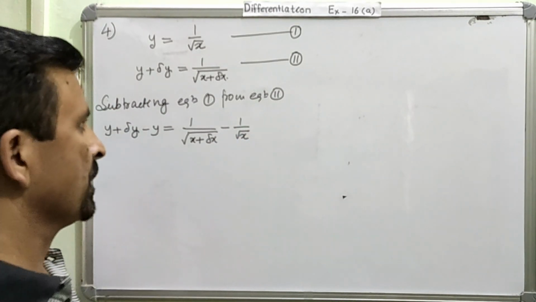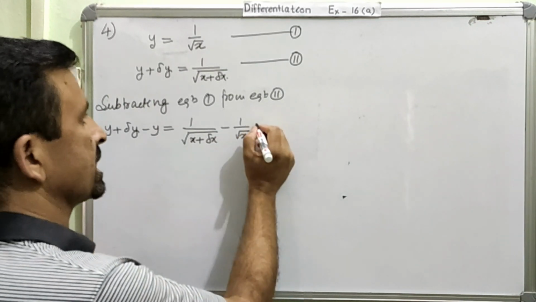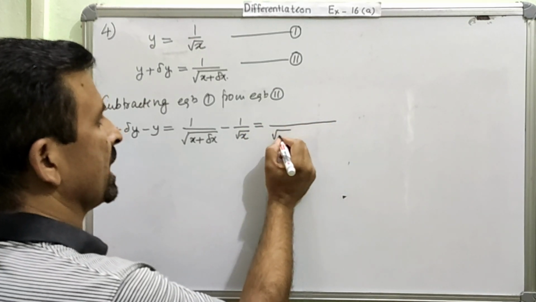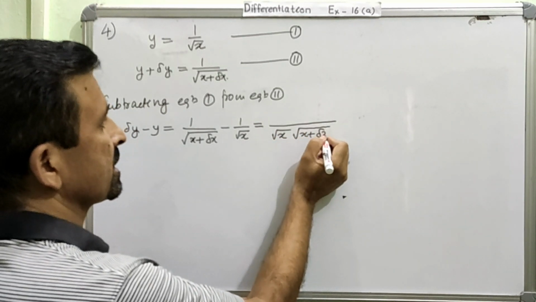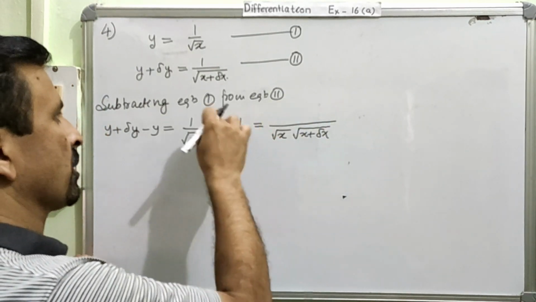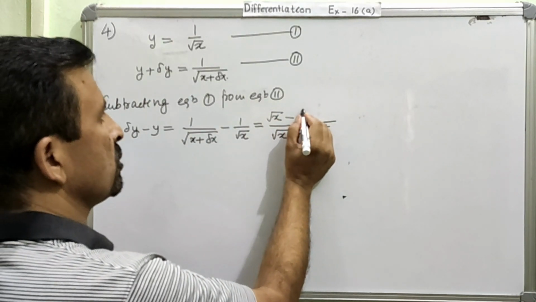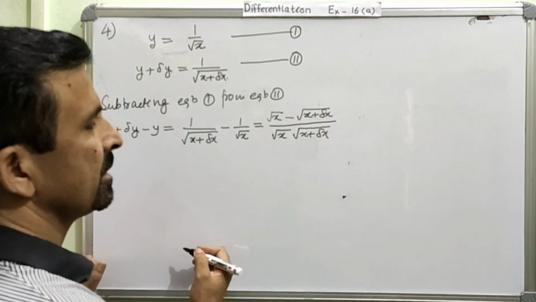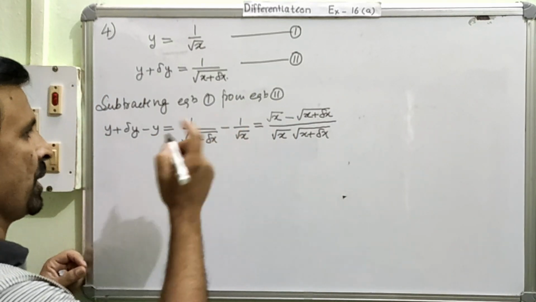Alright, now these are two fraction numbers, so we will simplify the way we normally simplify two fraction numbers. So let us continue. LCM of these two will be, because they don't have a common divisor, so we can just multiply and get the LCM, root x into root over x plus delta x. And you know that whenever you get the LCM by direct multiplication, the numerator we can obtain by cross multiplication. So root of x minus root of x plus delta x. Is it okay? Now this needs to be rationalized. So we are going to rationalize.